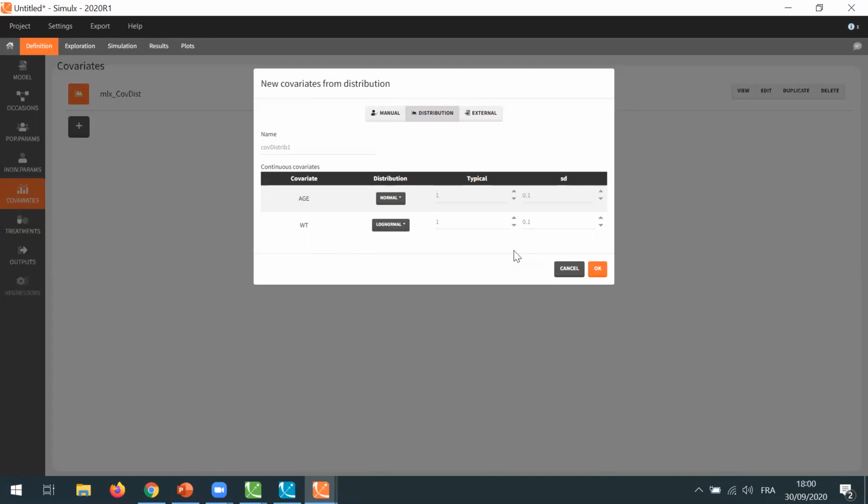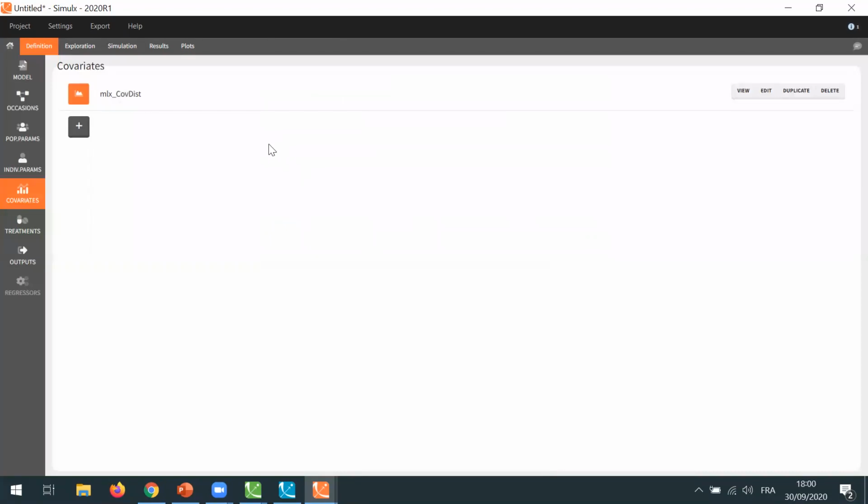Okay, thanks. We again have several questions about the output of Simulix. So would it be possible to output the simulated values in Excel, for instance? So we do have the simulated values saved as a table in the result folder. Here I did not save my project, which is a bad practice. So it will be difficult for me to show you the results, as they will be all mixed in my temporary folder. But of course, this table is available in the result folder, and you can open it in Excel.